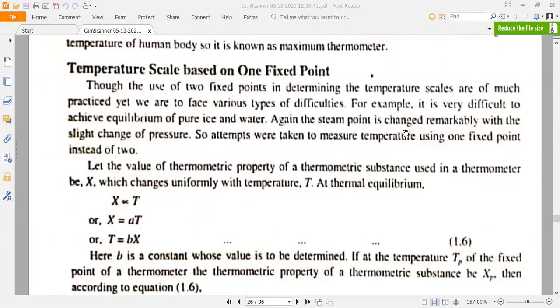এখানে বলে দিছে ওরা যে the steam point is changed remarkably with the slight change of pressure। তুমি যখন প্রেসার চেঞ্জ করবা তখন বয়লিং পয়েন্টও চেঞ্জ হয়ে যাবে। তো মাউন্টেনের উপরে প্রেসার কম না বেশি দেখি বলো তো? বেশি। মাউন্টেনের উপরে প্রেসার কম, এইটা তোমাদের আসলে বোঝার দরকার ছিল। আমরা একটা জিনিস জানি আগে থেকে,